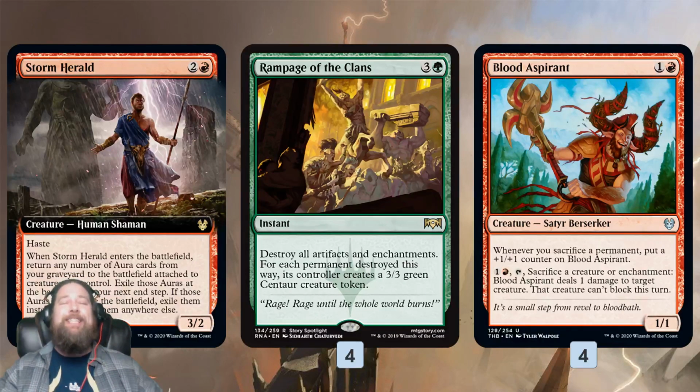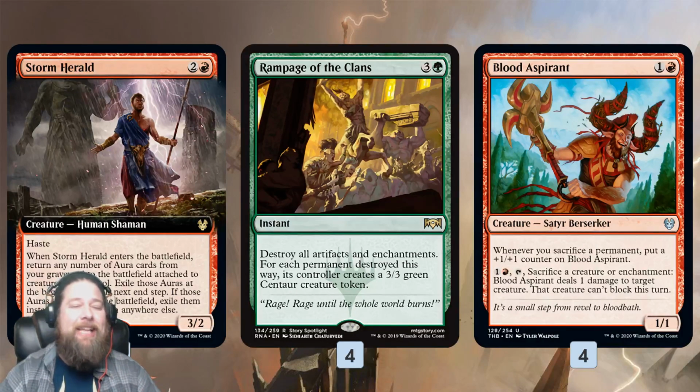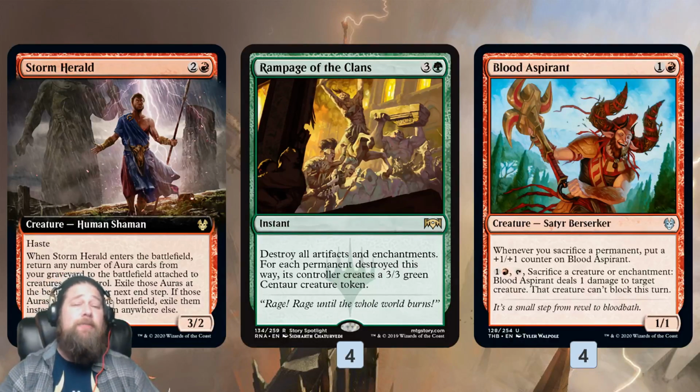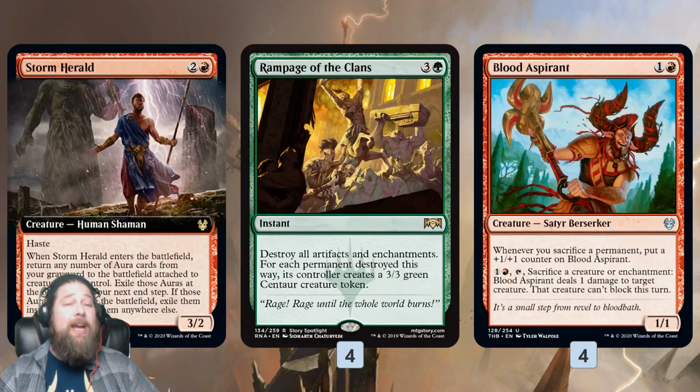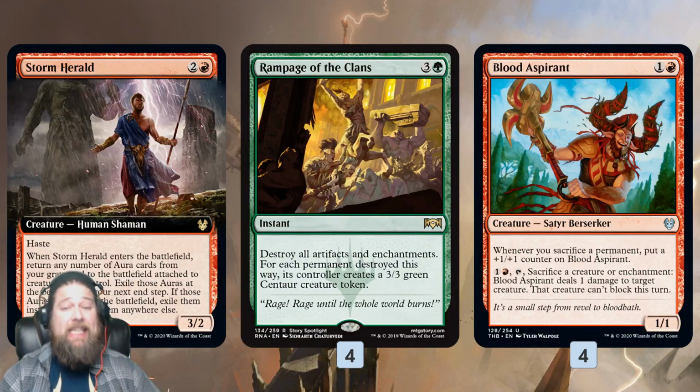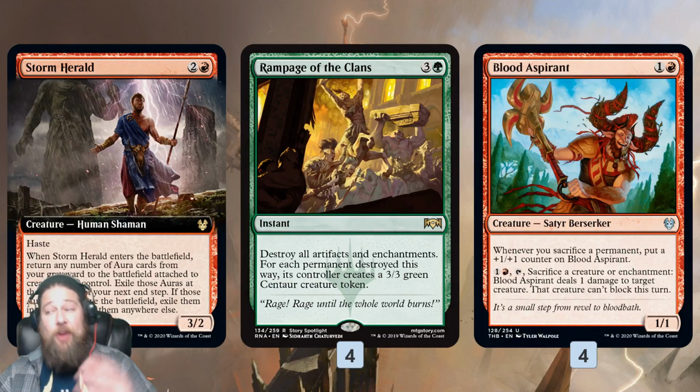What the deck is really trying to do is Rampage of the Clans. So Rampage of the Clans, for 4 mana, blows up all artifacts and enchantments, and then for each one that's destroyed, its controller gets a 3/3 Centaur token. So what we really want to do is cast our auras on our random creatures, draw some cards, make some wolves, do all that fun stuff, cast a Rampage of the Clans to get a bunch of Centaurs, and then we can Storm Herald to get back all of our auras from the graveyard,